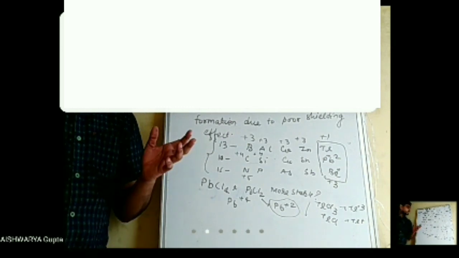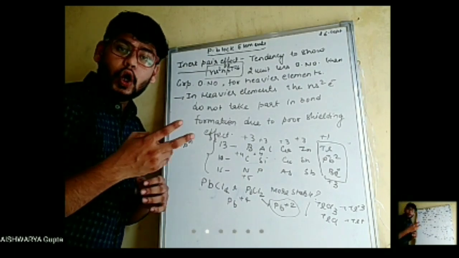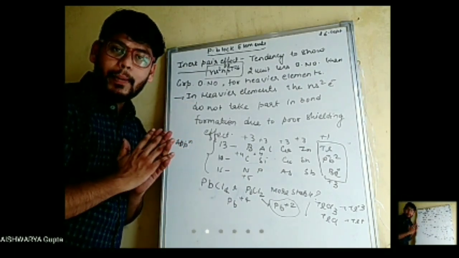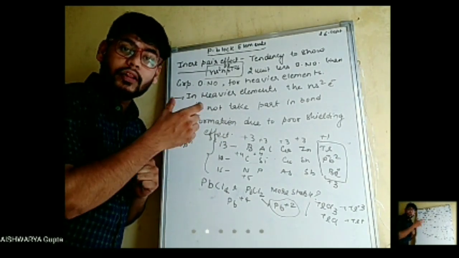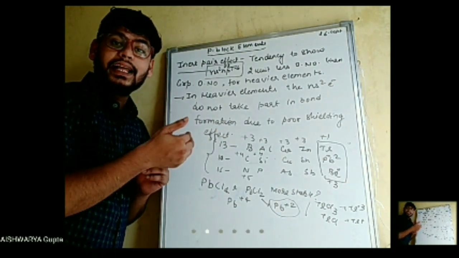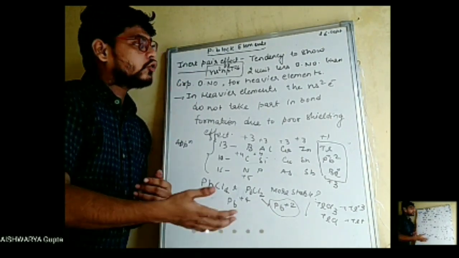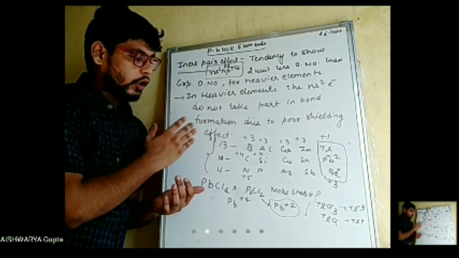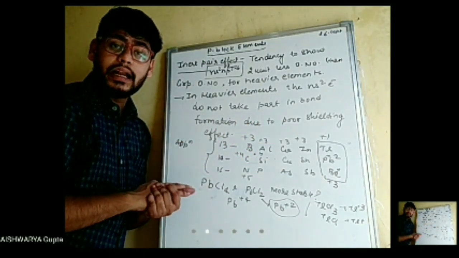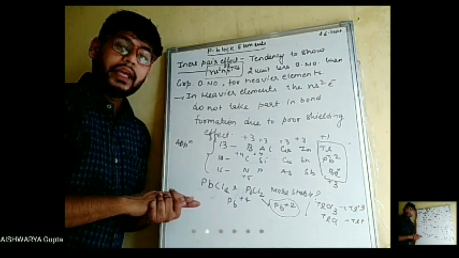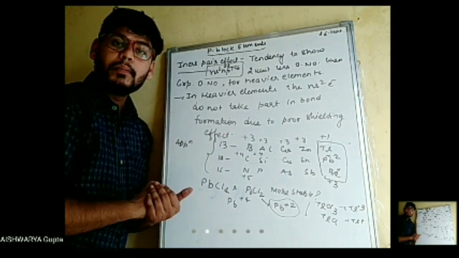And also one more thing, due to this inert pair effect, which means out of all the electrons, two are not taking part in bond formation, so the most stable oxidation state for that particular element will decrease by 2 units. So earlier the oxidation state for group 13 was +3, but for thallium +1 will be more stable. For group 14, for lead, +2 will be more stable. For group 15, +3 will be more stable for bismuth.